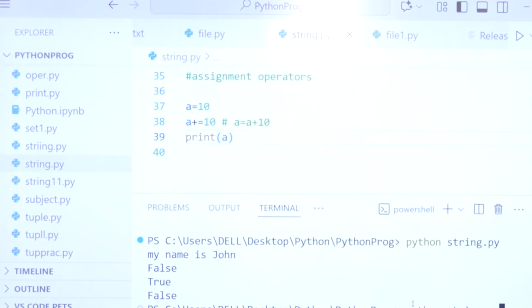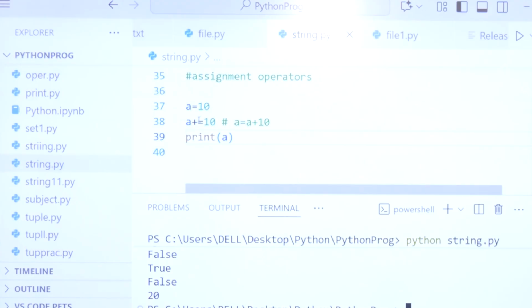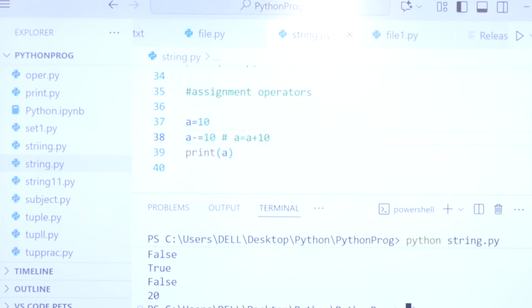Let's check it out. So we get the 20 over here. If we subtract over here, we use the minus symbol. Now let's check this, we get the same. If we use the multiplication,